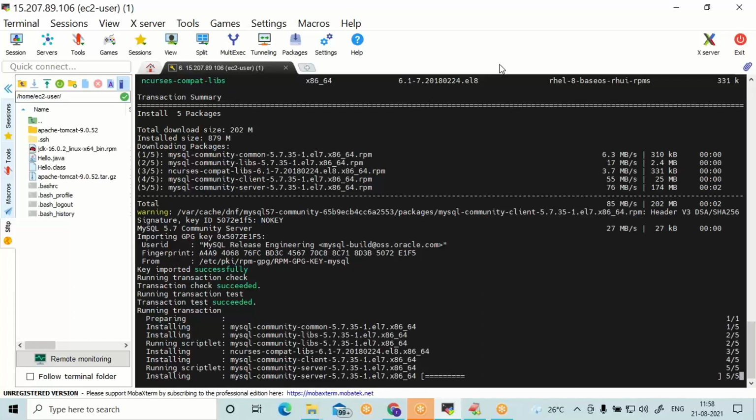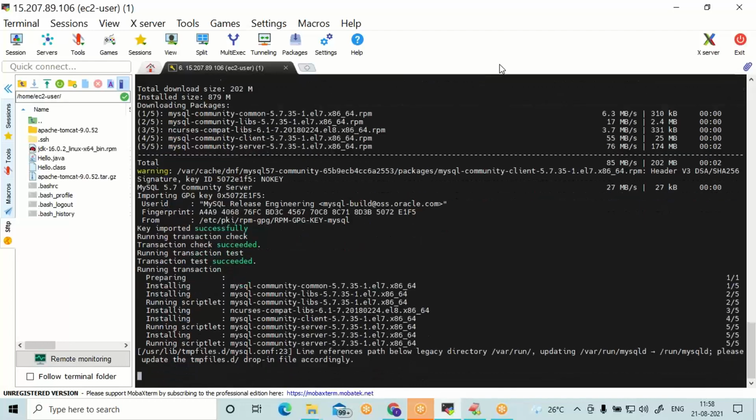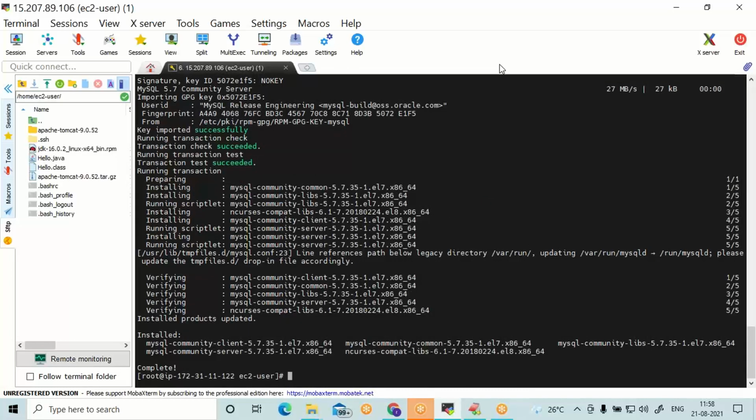All these commands try running with sudo. Done.